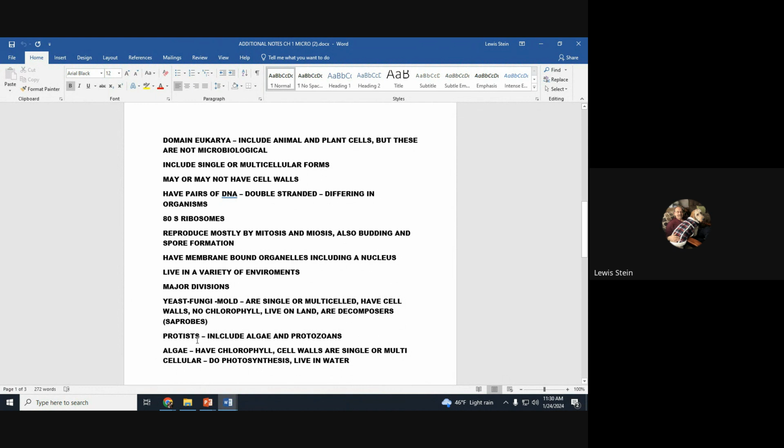And now the other category that's really significant, protists. Protists do not have a cell wall. There are two in the family. One is called algae. We talked about that before with regard to oxygen. Algae, by definition, have chlorophyll. They are the only eukaryotic microbe with it, so it is unique to algae.